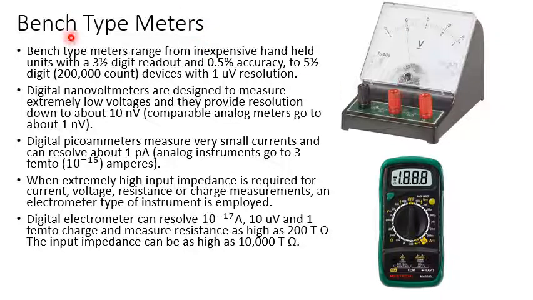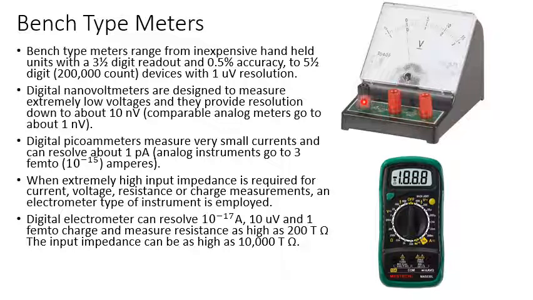The next type of meter is a bench type. Bench type means you can keep it on a bench and take a reading. One example I have shown here is an analog meter, and it doesn't require a battery inside. You can see there is a needle, and a dash that indicates a DC voltage. It can measure from 0 to 15 volts or 0 to 3 volts, depending on what panel you are using.